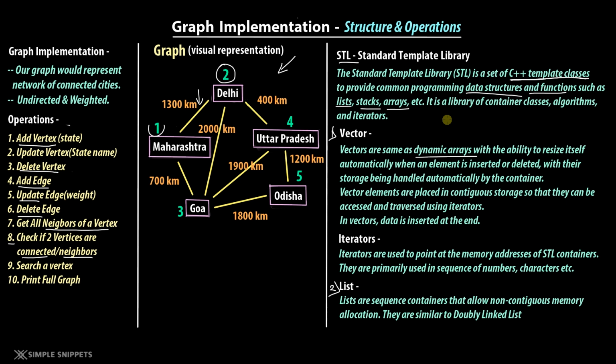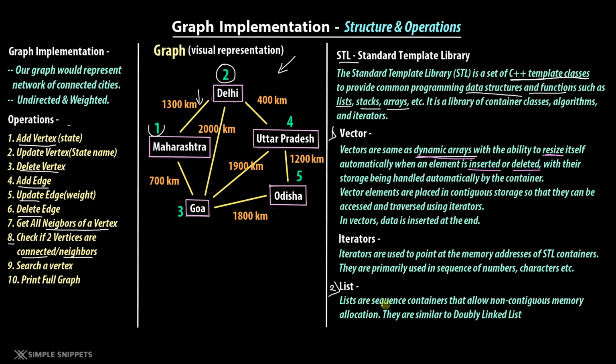But if you want the array to be dynamic, this is where vectors can be used. Vectors are nothing but dynamic arrays, which means they have the ability to resize themselves automatically when an element is inserted or deleted. For the sake of this video, you don't need to get into the depth of these individual STL data structures, that is STL containers. They are usually called containers or templates. You just have to understand them at a very overview level, not in depth, because we are directly going to use them. But vectors, I hope vector is clear. It is just a dynamic array, which means that the size can grow and shrink at runtime depending upon our programming.